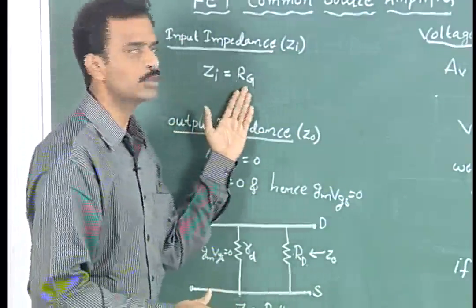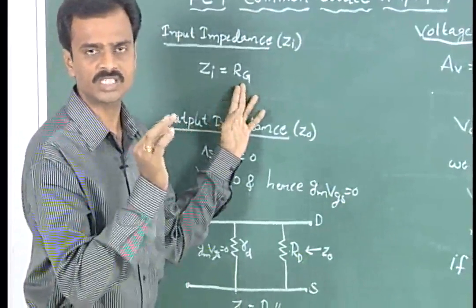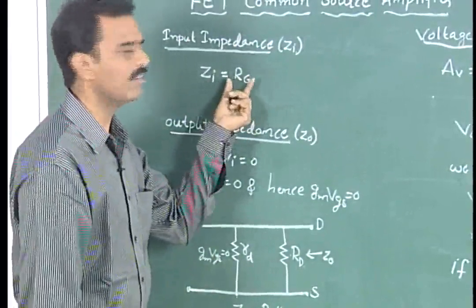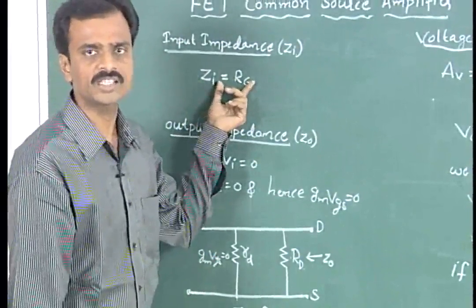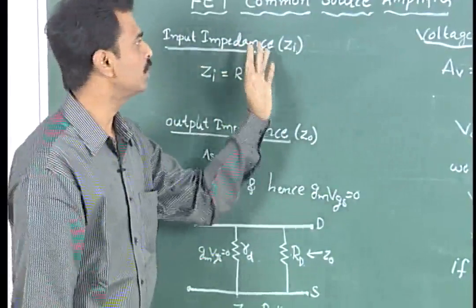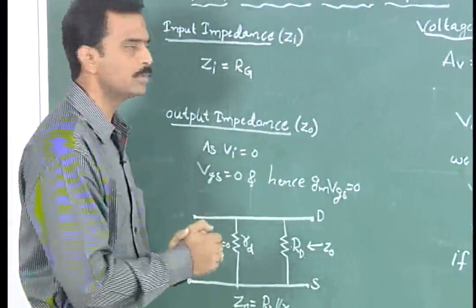So looking only at the resistance which is connected to the gate terminal, that will be the input impedance. So it is available. That gate resistance will be the input impedance for the case of the common source amplifier. Next, coming to the